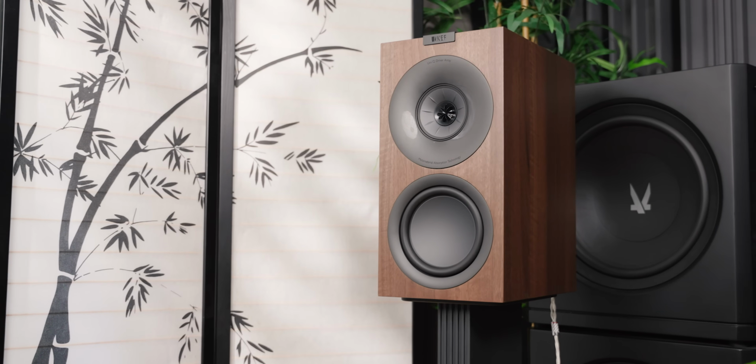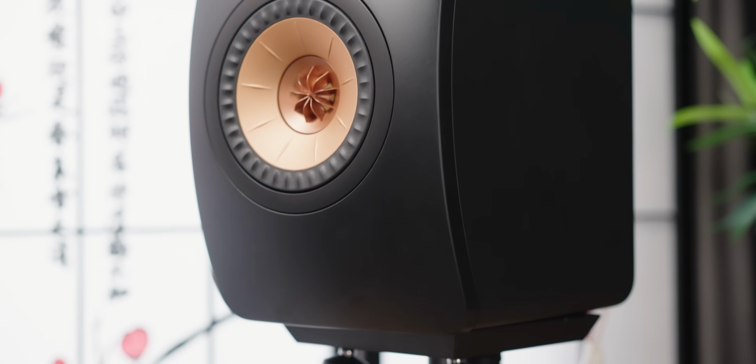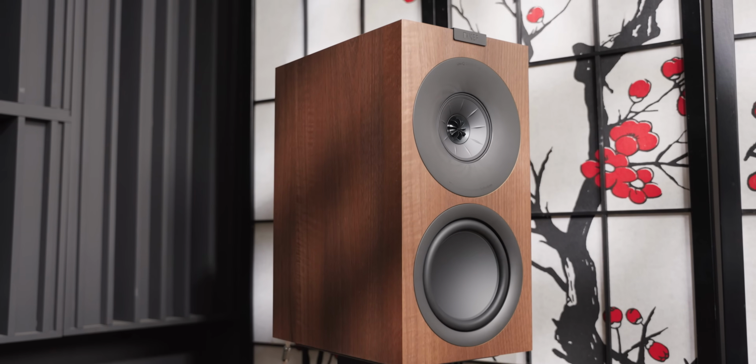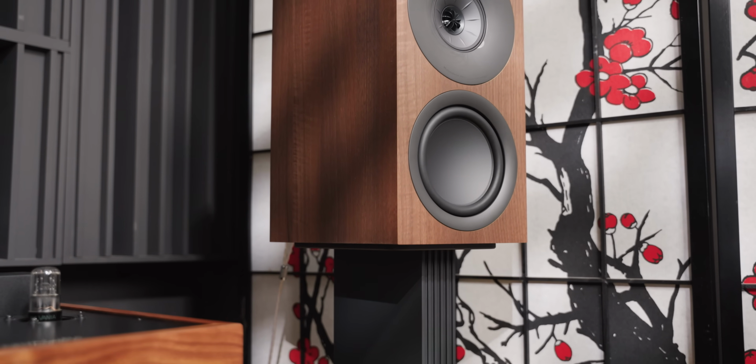There are a few things to consider. First of all, the Concerto is a much larger loudspeaker than the LS50 Meta. The LS50 Meta is a compact speaker with the UniQ driver, and both of them have the Meta material because the Meta generation came out with all of them. But at the same time, this also means that the pricing of the Concerto is very attractive because this is a three-way loudspeaker. So not only do you get the dual concentric driver, but you get a 6.5-inch woofer, which allows the speaker to be much more dynamic than